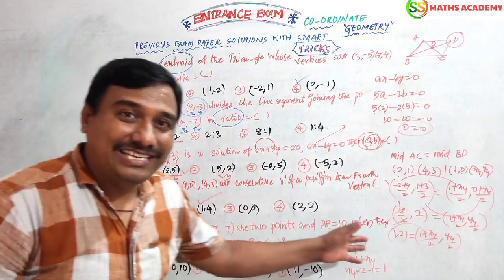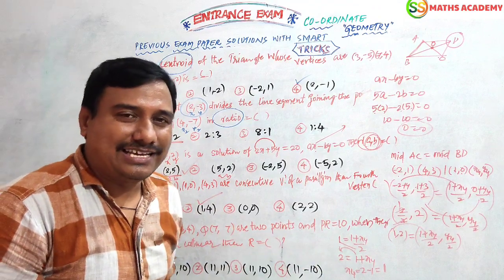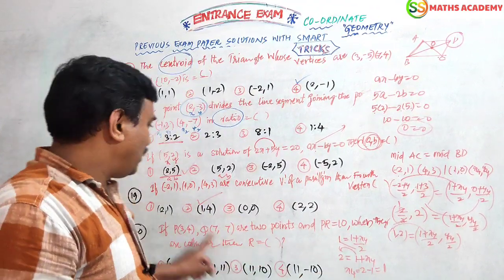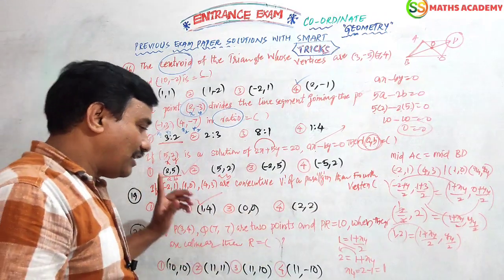Answer. No need to take y, because I want x4. The first value is x4. x4 is 1. Where is the 1 here? Nothing else, only there. That is the answer.